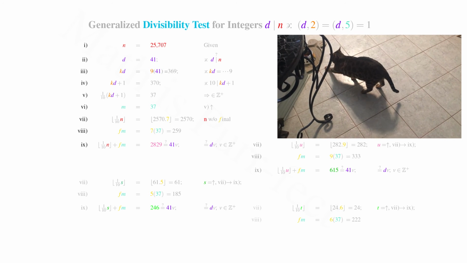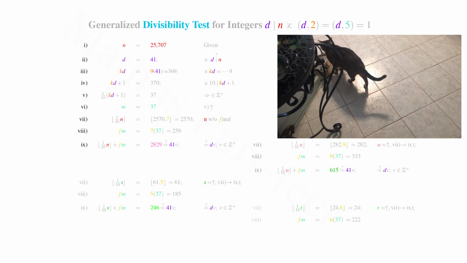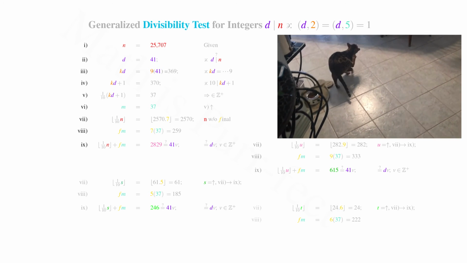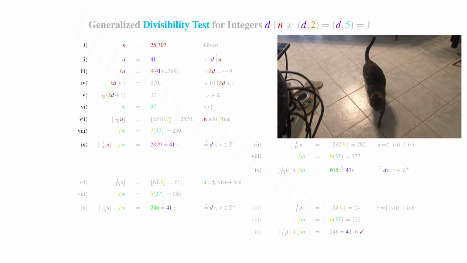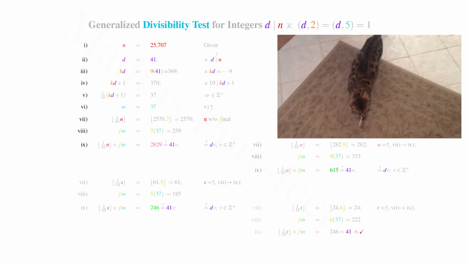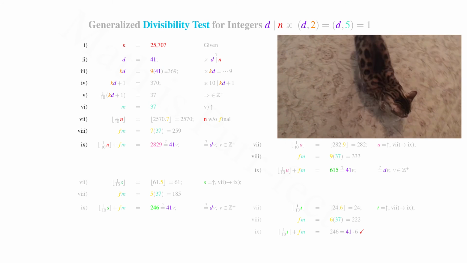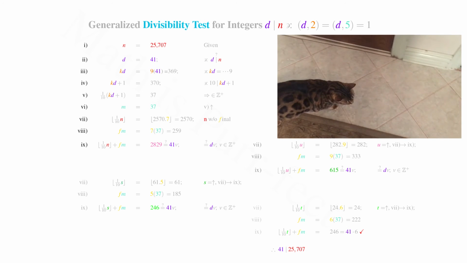Next, we find the product of the truncated yellow 6 and our key 37, yielding 222, another lovely number. Finally, the sum of the two previous steps gives us 246, which is where we began the test before. However, it should be clear to see that this is 6 times 40 plus 6 times 1, or 41 times 6. Hence, 41 does indeed divide